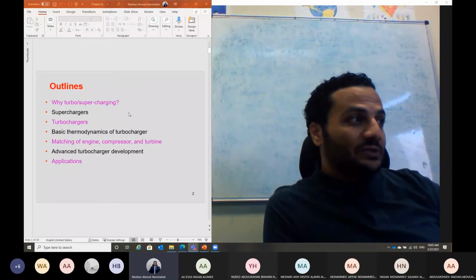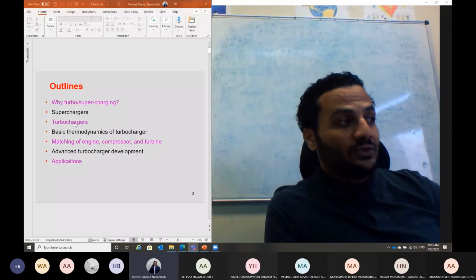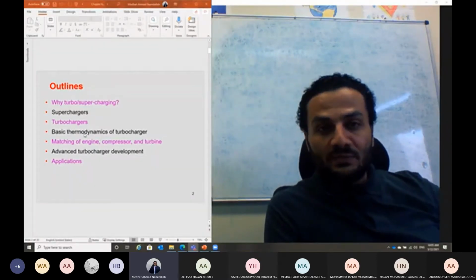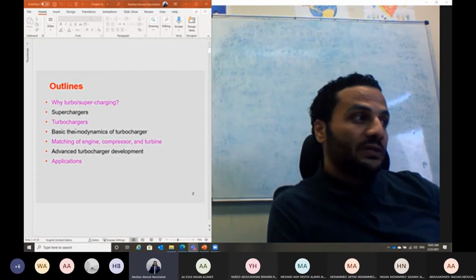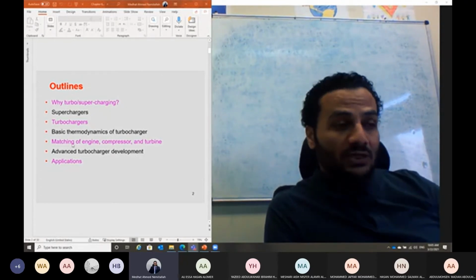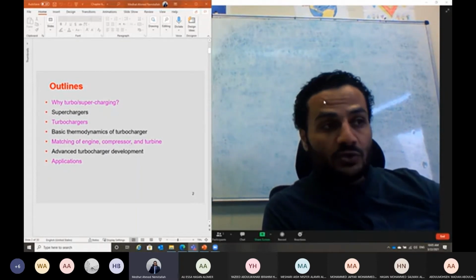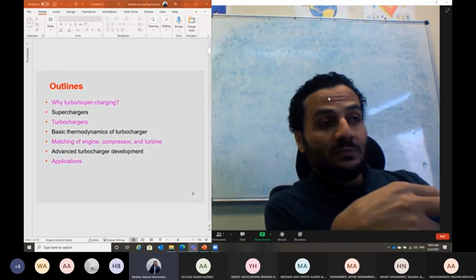About the turbocharger, why we need turbo or supercharging, the difference between supercharger and turbocharger, and also, inshallah, in this chapter we'll consider some basic thermodynamics for the connection between the turbine and the compressor in the case of a turbocharger, and the matching between the engine and the compressor and turbine, because turbochargers have a separate shaft,